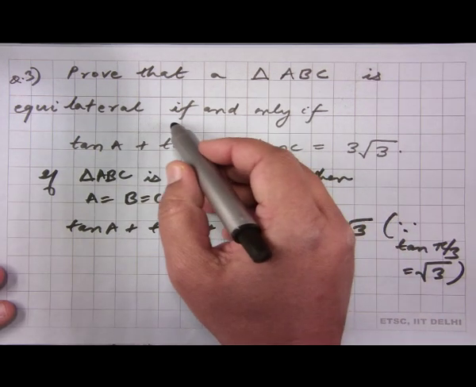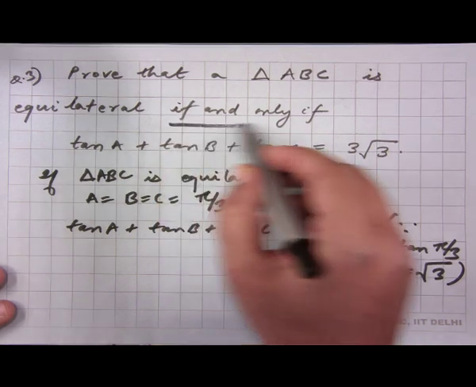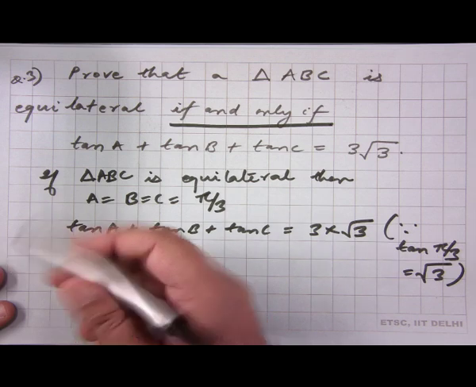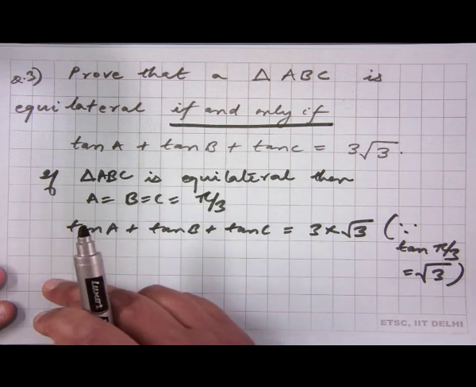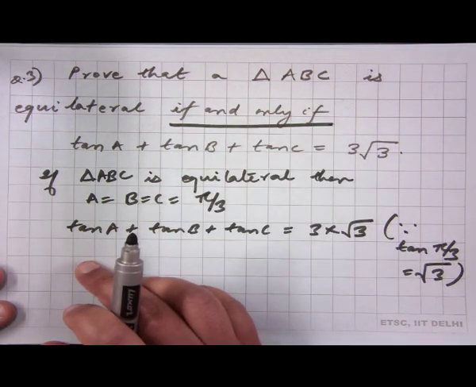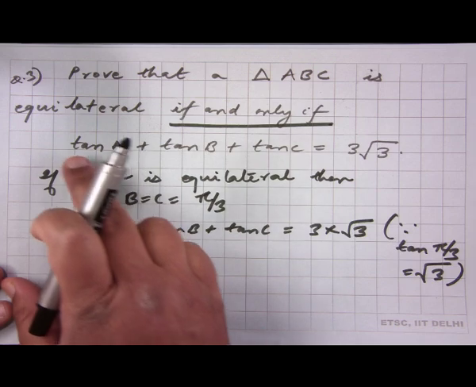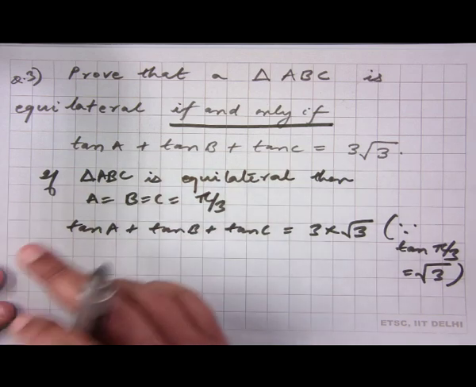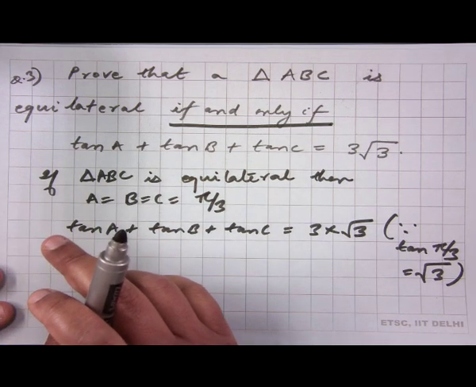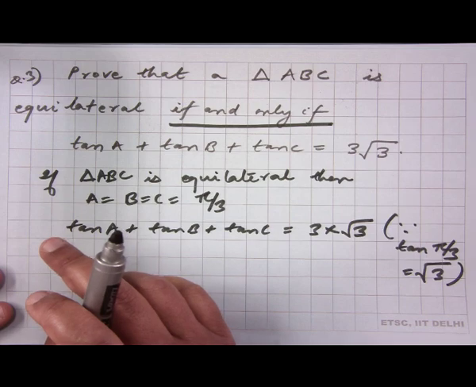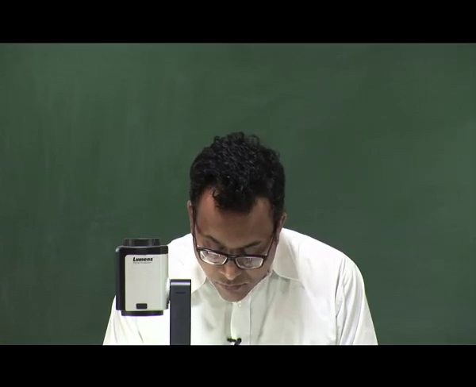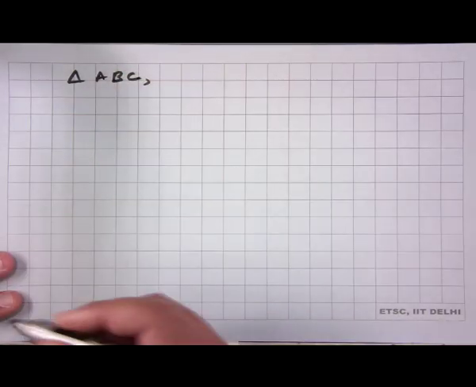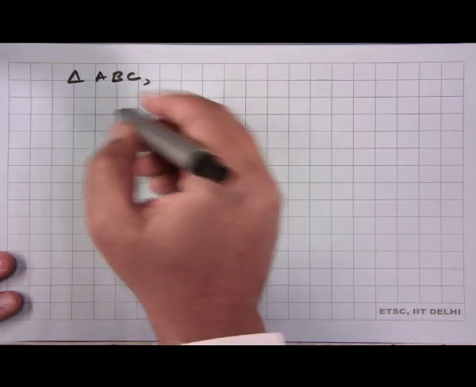But because we are asked to show if and only if, we have to also prove the converse. So, the converse is that if we have a triangle ABC, and if it so holds that this equation is true, then we have to prove that A, B and C are all equal to 60 degree. So, that is what we are going to do next. So, suppose we have a triangle ABC where the angles A, B and C are such that